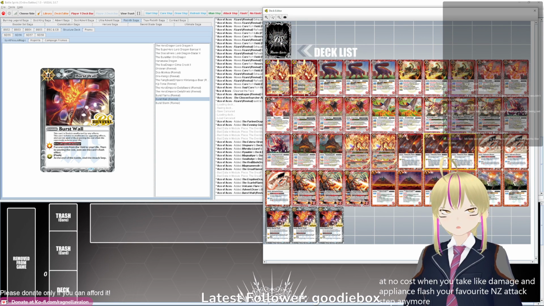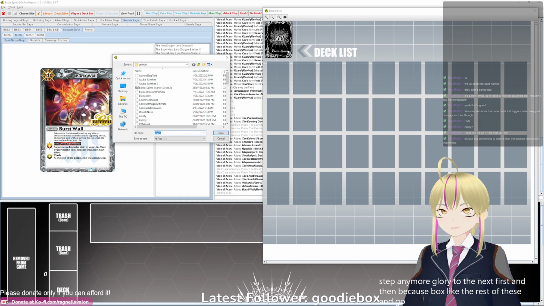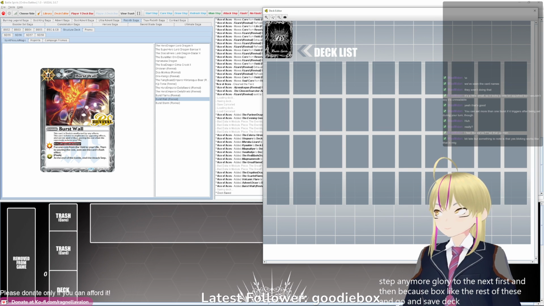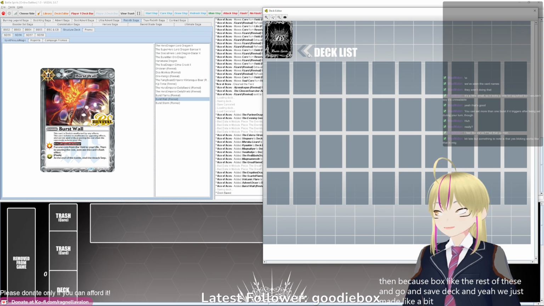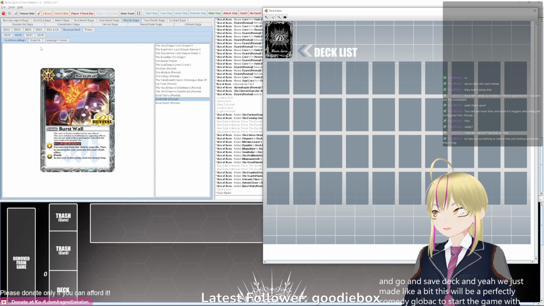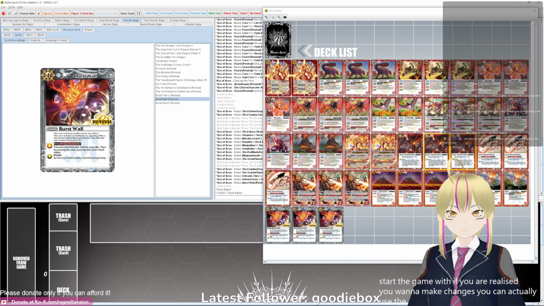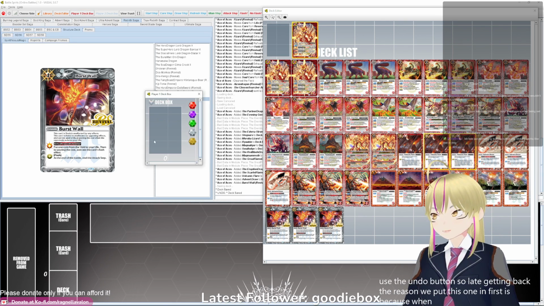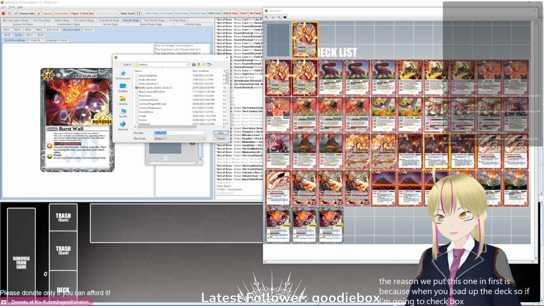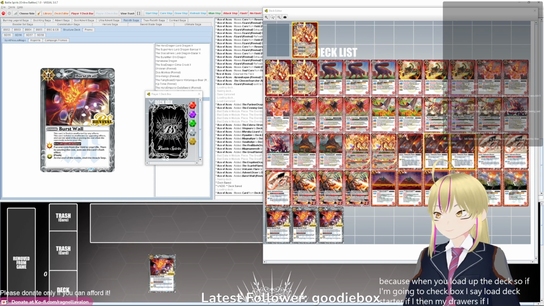So yeah, we'll put Glow into the deck first, and then we can just box select the rest of these and go bang, save deck, Glow starter. And yeah, we've just made a perfectly competent Glow deck to start the game with. If you realize that you want to make changes, you can actually use the undo button to get the deck back. The reason we put this one in first is because when you load up the deck, so if I go to my deck box, I say load deck, I load up Glow starter. If I then draw the top card of the deck, it's...